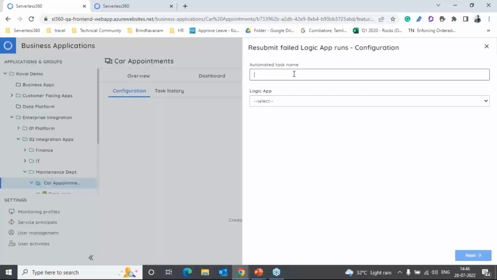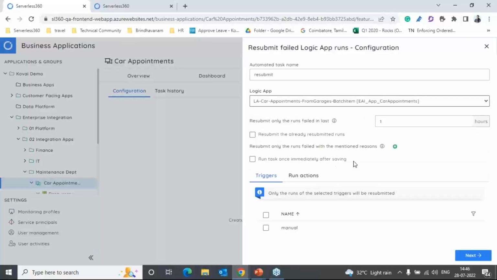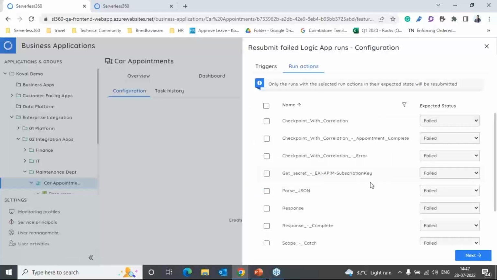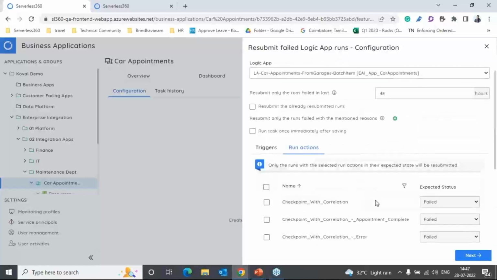Say in one of the customer scenarios, there was a case where the logic app run action is connecting to a database, and that database connection string expired over the weekend. And when the team turned back on Monday, they had a huge surprise: they had a number of failures being raised, thousands of failures, which are quite impossible to manually process. So they wanted an intelligent automation that can help them filter out those errors which were due to the